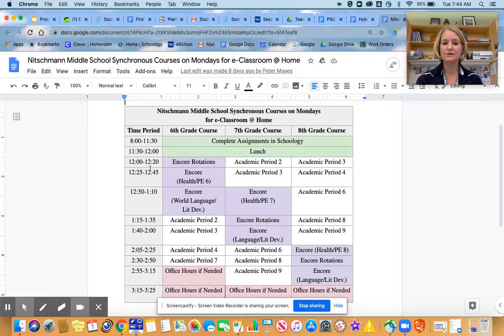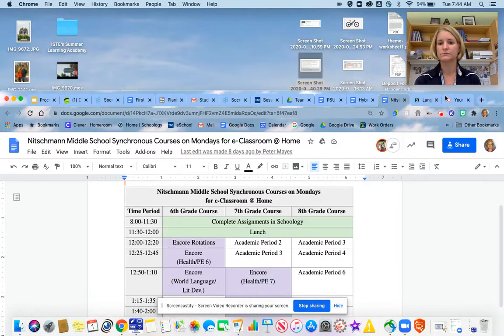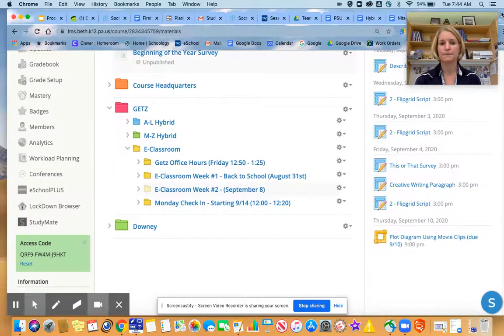So you will basically be checking in from 12 o'clock until 3:15. 12 to 12:20 is your period 2. So if you're in my period 2, you'll be checking in with me. If you happen to be with Mr. Downey during that period, you will be checking in with him. And all of those Zoom links will be in that particular teacher's folder. Going back to Schoology,